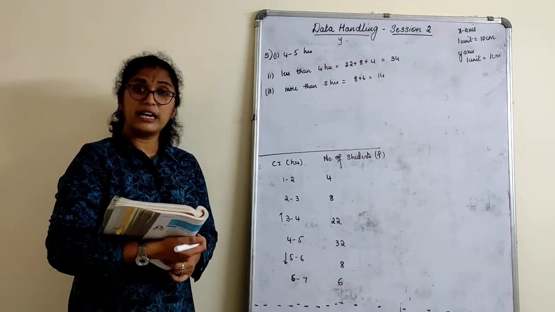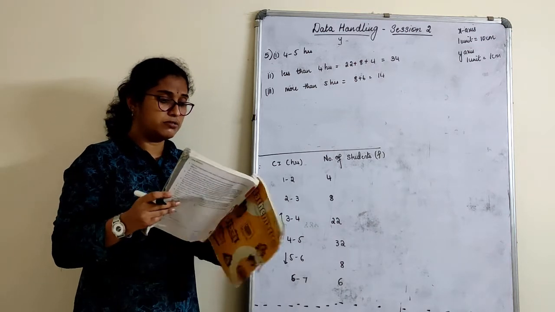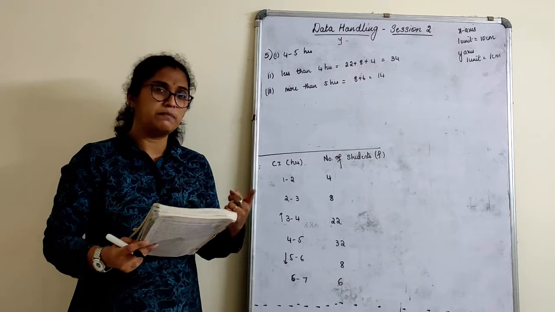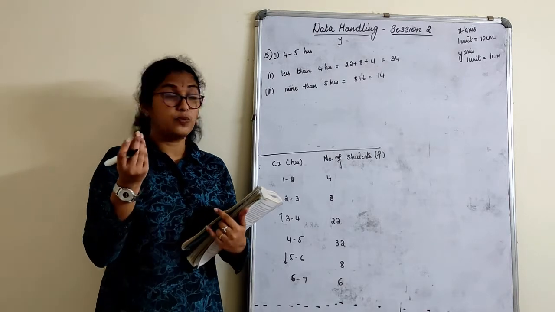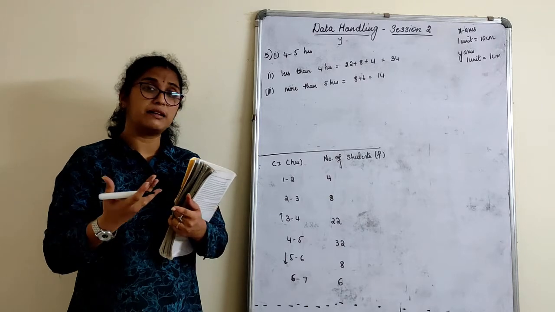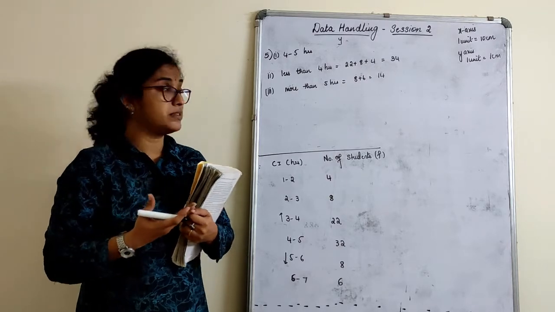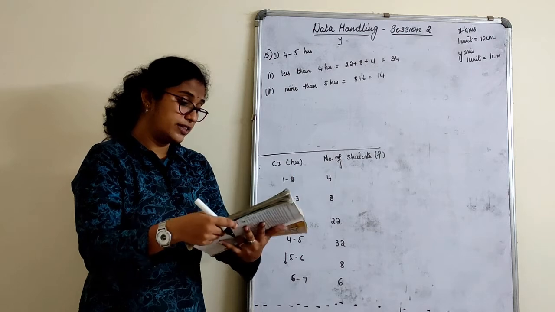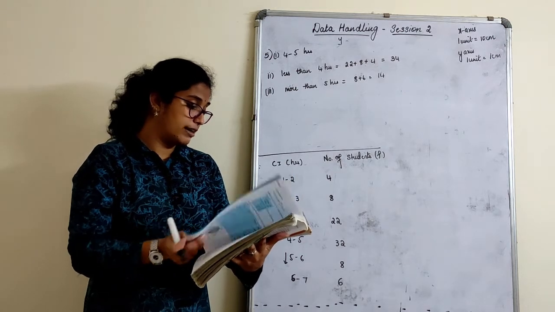That's all. So with that we complete this exercise, children. We had one bar graph, we had one histogram, how to represent it. Just go through the worked examples if you get to see different types of sums. So the next class we will start with circle graph, or it is also called a pie chart.